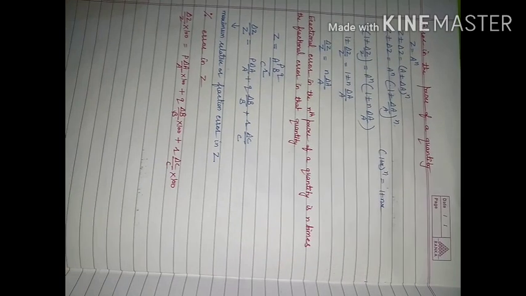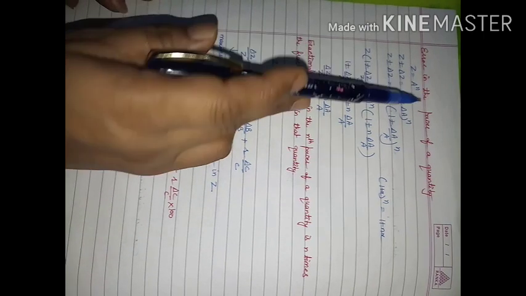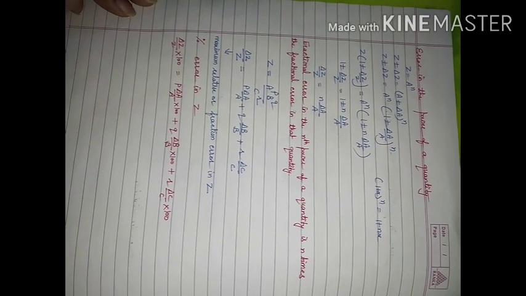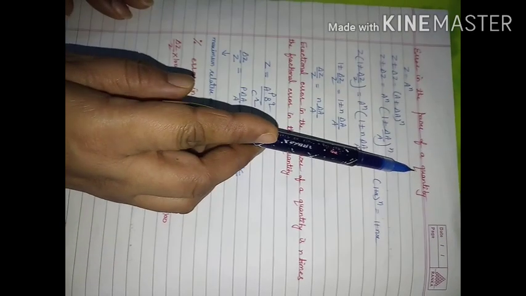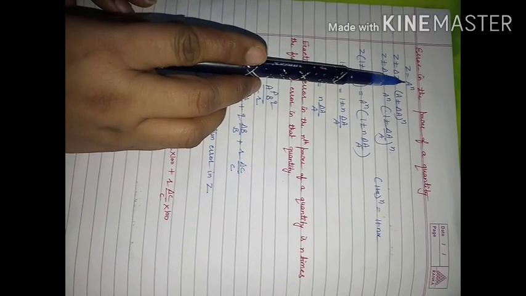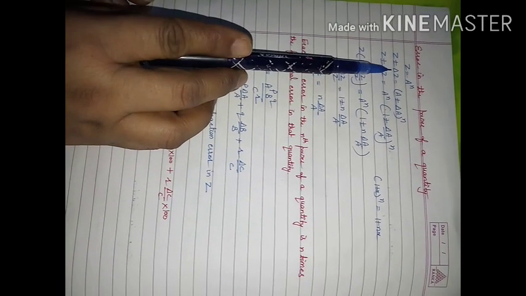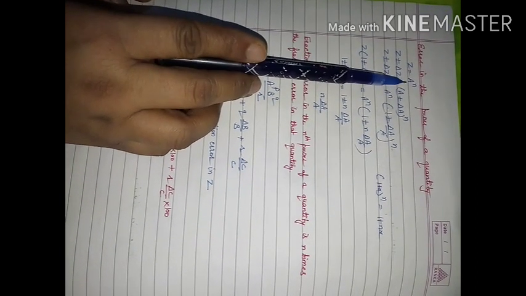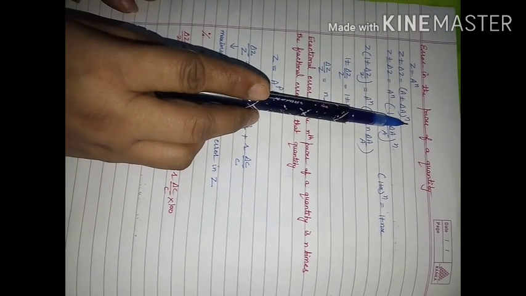Next case we are going to consider when the things are given to us in power of a quantity. Z is equal to A raised to power n. For example, kinetic energy half mv square, density mass upon volume. So volume, if you will consider cube, then it will be L cube. So whenever power will be given, how to deal with these quantities? Z is equal to A raised to power n. Delta A, uncertainty in measurement of A. Delta Z is net uncertainty that is coming out in result due to this uncertainty. So Z plus minus delta Z will be A plus minus delta A raised to power n.